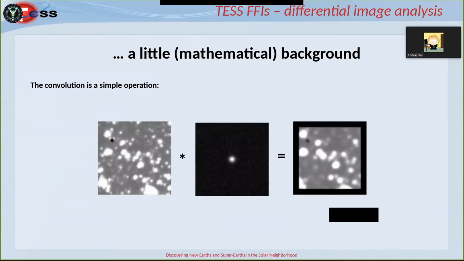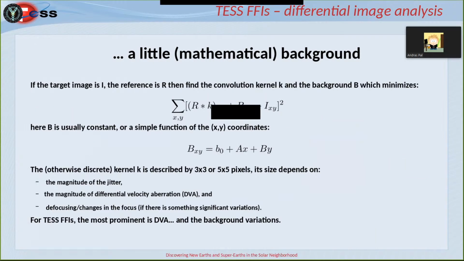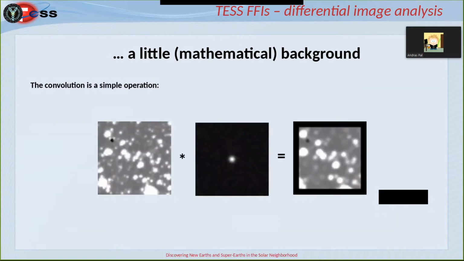So what does convolution mean? Convolution means that we have an image and we convolve it with this operator denoted by a star or asterisk, which is a blurring kernel, and we get a blurred image. We have to do the convolution, add some background variation, and then minimize this difference. If we can minimize the difference, then we are able to retrieve the real difference in the background and the real difference in the variation of the profiles using this type of